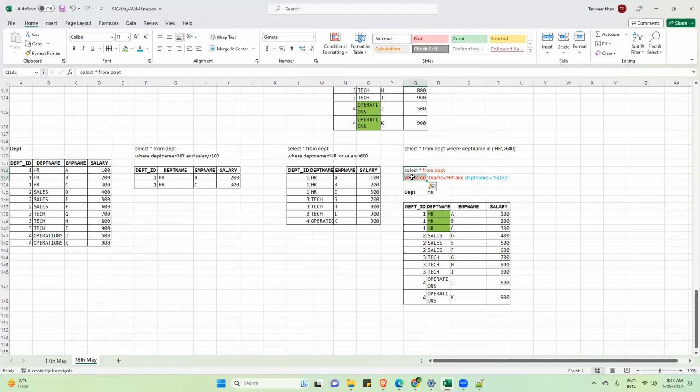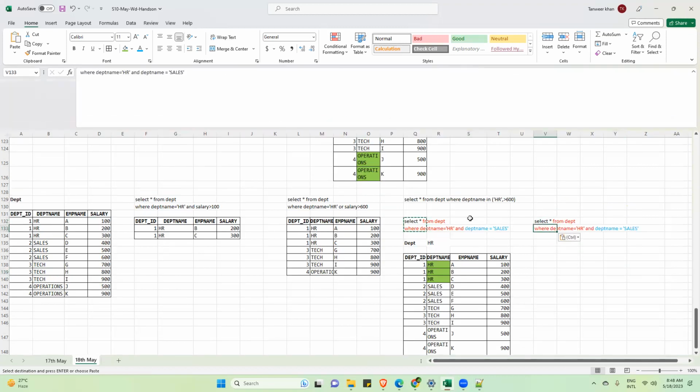Suppose I tell you I want employee name equals A and employee name equals B. Is it possible that I can get the details of both employees in the same record? No. So on the same column, you cannot apply the AND operator functionally, because this is a contradictory statement.